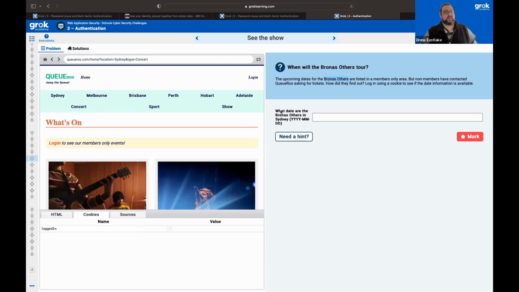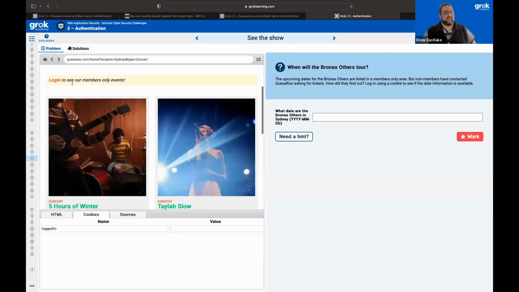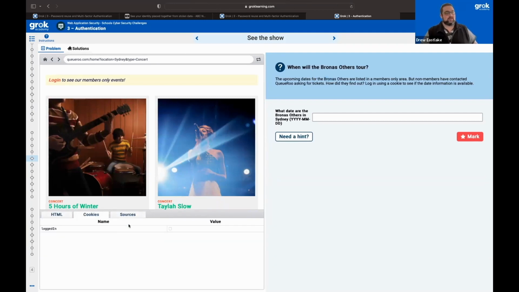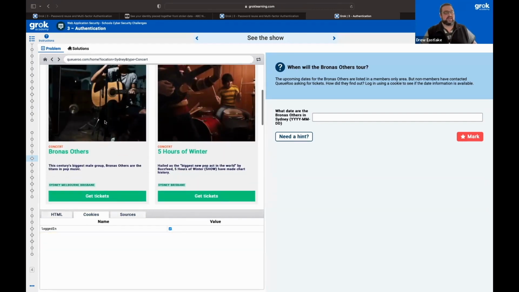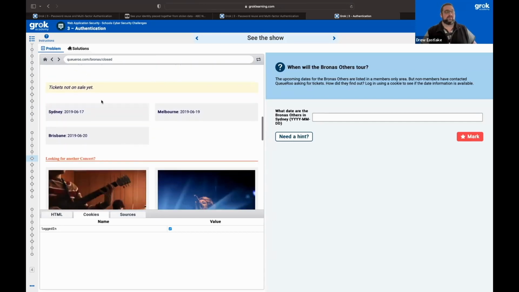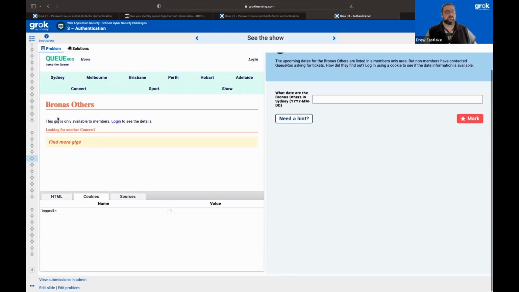So they've been asked a question: what date are they in Sydney? And we can see here that it's a members only event, but students are given the chance down the bottom to change a cookie that is reloaded. That lets me then come into the bonus others page. I'm given dates that I can enter, whereas if I did that same page without the cookie, we see it's only available to members. That's a hard thing to simulate in class, but by using the platform to do it,